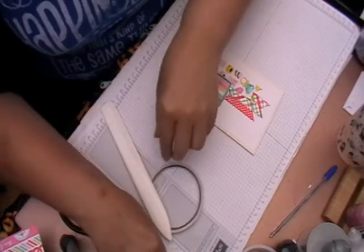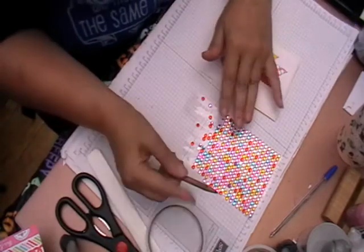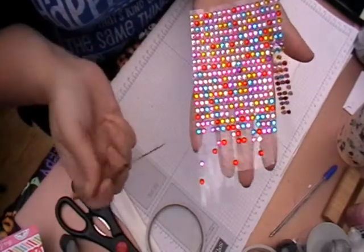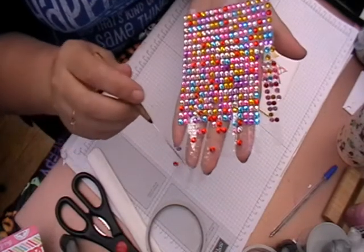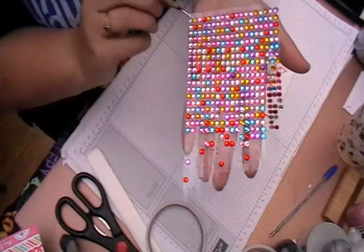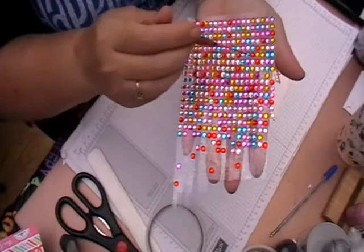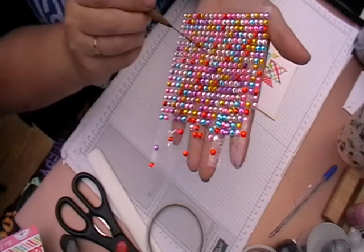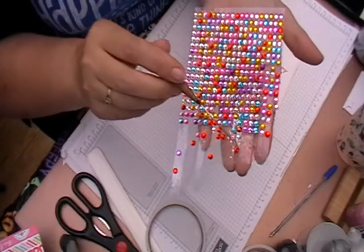And then to finish this off, I'm just going to get my sticky gems. Now this here, Nadia, is a pile of sticky gems I got from, I think, the pound shop. And I'm sure that somewhere in France you'll have pound shops or Euro shops, and you'll get stuff like this in there. And all I do, because they come in one big strip, is find which way the little glue lines are going, and then I just cut up it, so it gives me the individual